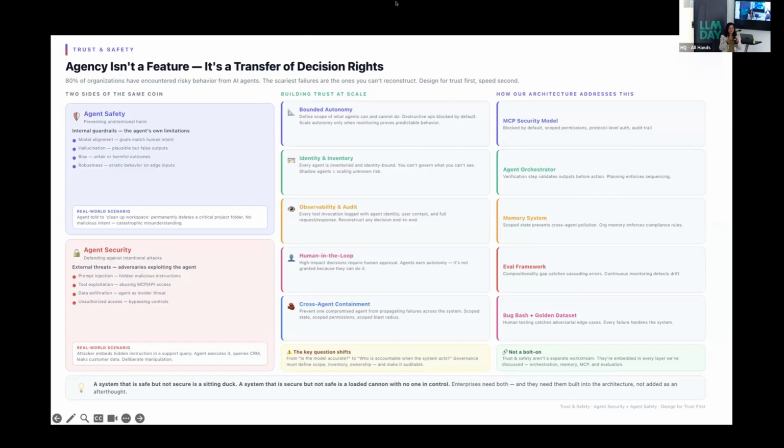What does that mean? It means you have very good guardrail code. If it's in the marketing domain, for instance, and you're asking a question about pizza, I'm not going to answer it. I'm going to say that this does not pertain to this domain. Even though it's not harmful, just keep it within the domain. And that really helps. And then I spoke about observability and then human in the loop. Make sure when you have plans that are doing different parts, you get human approval before you send emails out. Cross agent containment, I spoke about this a little bit as well.